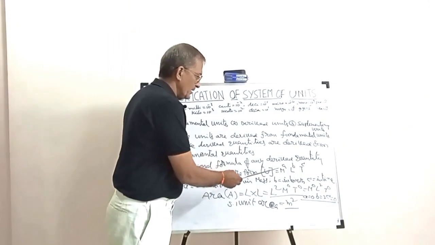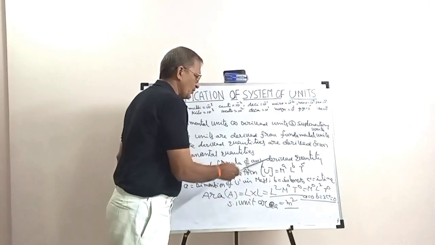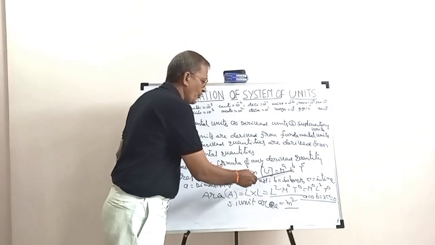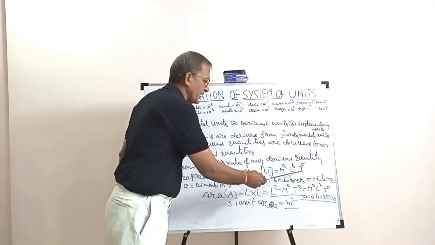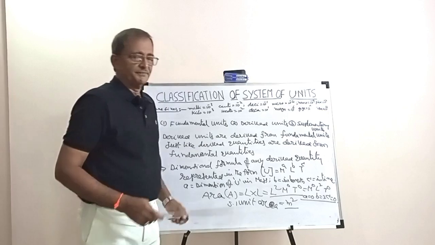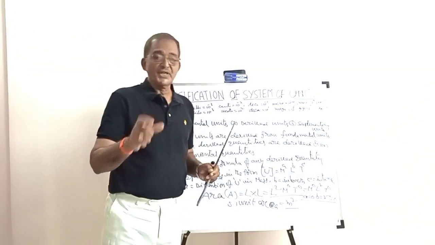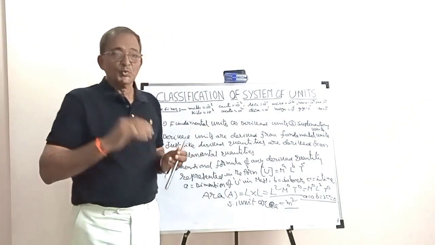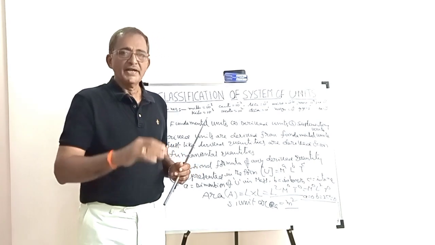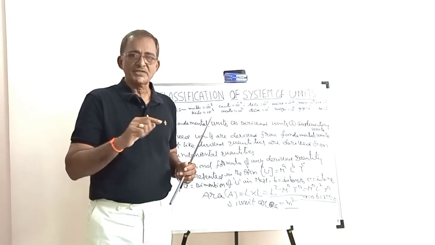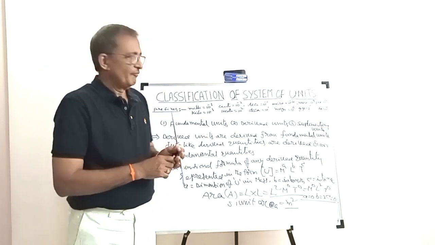Which means how many times mass is involved in this derived quantity, how many times length is involved in this derived quantity, and time is involved in the derived quantity. Regarding the representation of the dimensions, which dimension is more, which dimension is less, and if you are asked to represent the dimensions in the increasing order, for example,